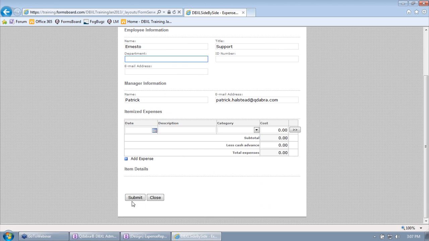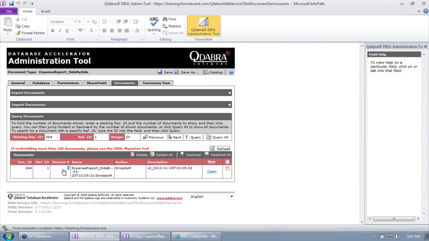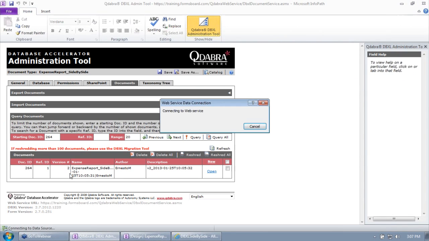so if I modify the form now and I submit, it's going to go to version 3 because it no longer needs to submit to get the doc ID. So the second edit that I performed, the form has been designed in a way that it can detect that the doc ID is there already, and it says, okay, the doc ID is there, so I can just submit once, and the version number increases to 3 here, and the version number increases to 3 here. And that's really the most important